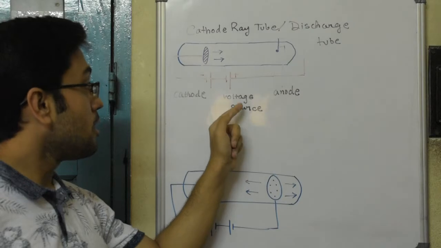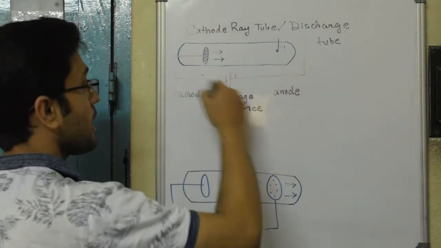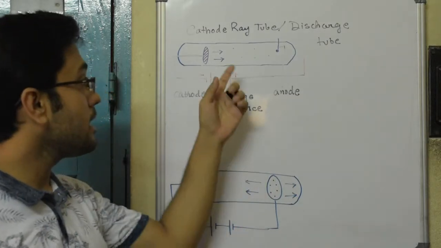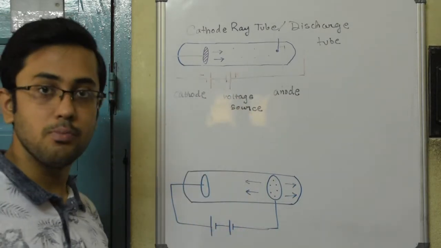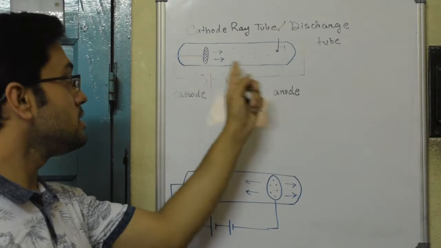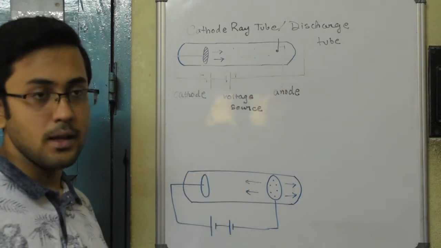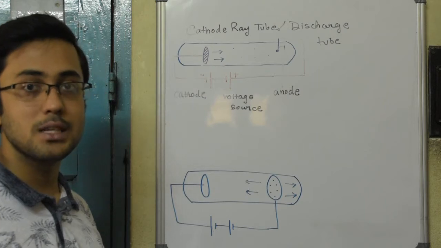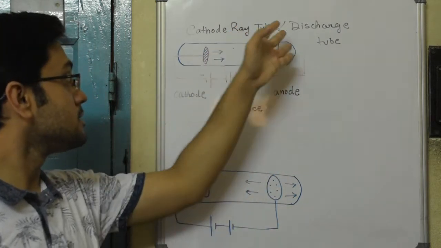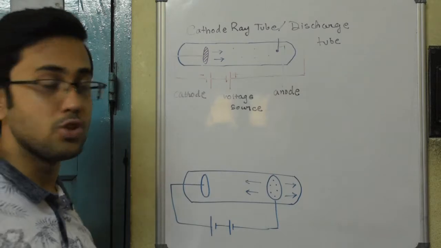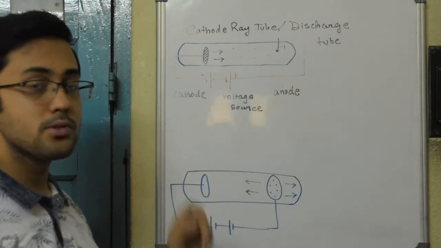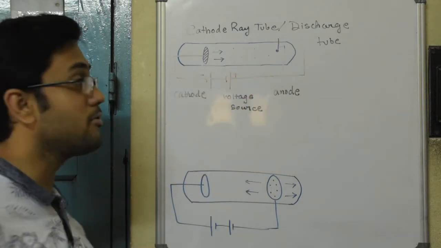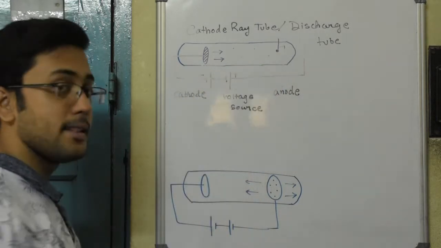Now initially, in this glass tube, there are certain air molecules. That air is pumped out using a vacuum pump. Once this region is almost near vacuum, you can take any gas as per the need of your experiment. It can be hydrogen gas, it can be helium gas, and that gas is inserted into this discharge tube. After that, the voltage source is switched on such that a high voltage, or potential difference, is created between the cathode and the anode.